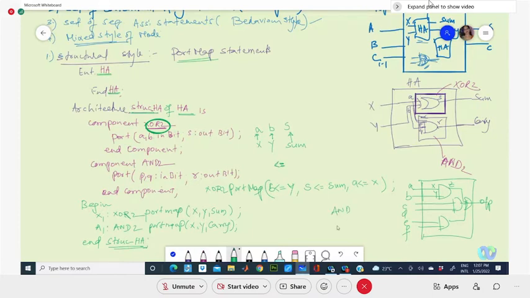So if you are declaring the AND gate, its port will be declared with X, Y as input, and your output. And your OR gate will be the same way. Say P, Q, R. P and Q are inputs and the output is R. You'll be declaring that as the port. This is the component declaration I'm giving you. And you will be giving this as P, Q as in.